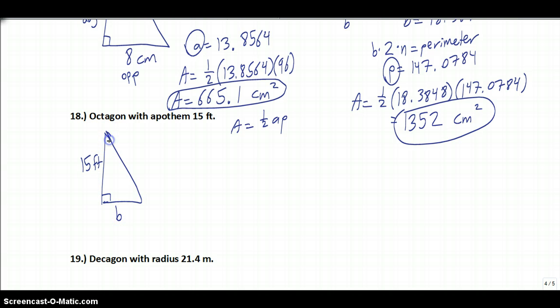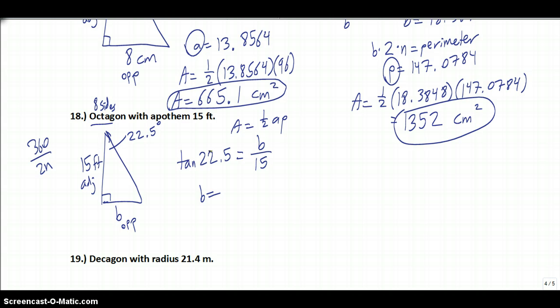Well, we need to start with the angle again. You'll notice every time we're doing this, 360 divided by twice the number of sides. So what is 360 divided by? Well, it's an octagon. That means 8 sides, right? So 360 divided by 16 gives you an angle of 22.5 degrees, right? B is the opposite. 15 is the adjacent, so we're going to use tangent of 22.5, and that equals B over 15. So multiply both sides by 15,